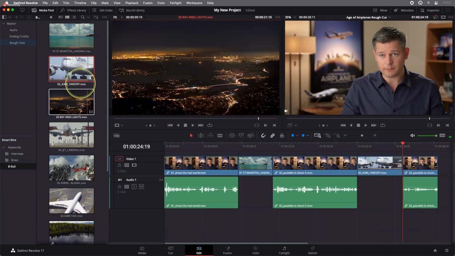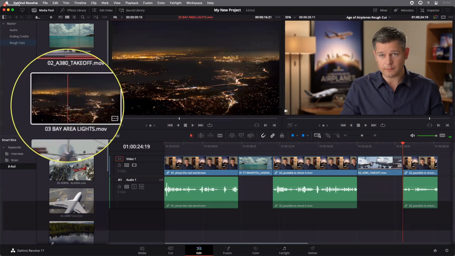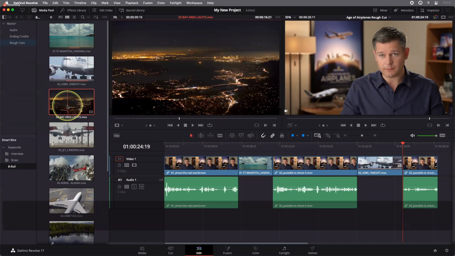Next shot we want to work on is this clip here called Bay Area Lights. So this is a time-lapse shot. Sometimes you don't quite know which part of the shot to use, so you might think, well, we could use any part really. But a technique that I've often used is, sometimes you just need about 3 seconds of a shot. So if you move to just as the shot darkens, about a fifth of the way into the shot there, so that we get rid of that sunset,